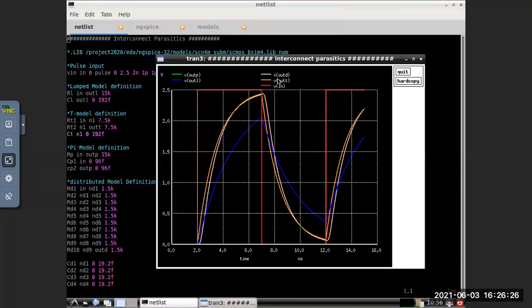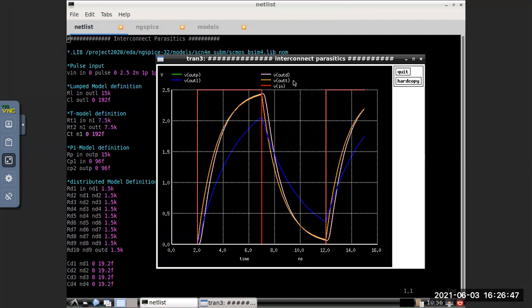The red one is your input, then the green, and you can see the T model and P model. The D model is this one. From the color you can see.